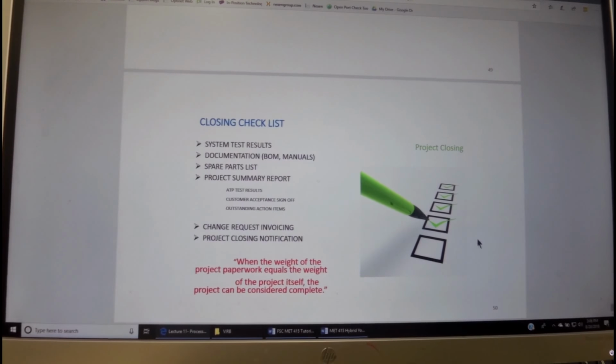For completion of the project, there is typically a closing checklist that includes the system test results, documentation including bill of materials and manual, spare parts lists, summary reports including ATP test results, customer acceptance sign-off, and also customer action items in order to ship the system. It's many times part of the process of completion. And then the change request, invoicing if it's agreed upon, and then project closing notification.